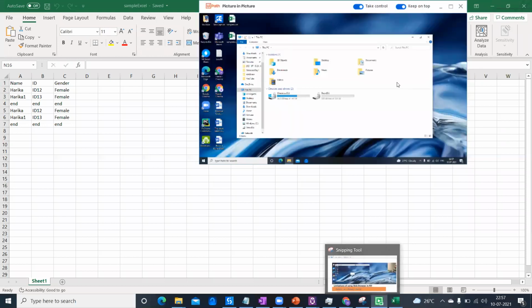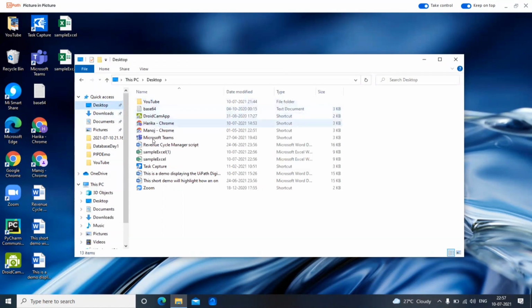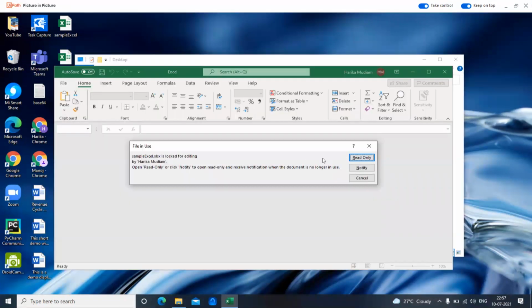So in the picture-in-picture mode, I'm trying to open the same file. This is my file. If you see here, it is saying it's locked for editing, correct? Because it is opened there in the main session. Now I'll click on notify.